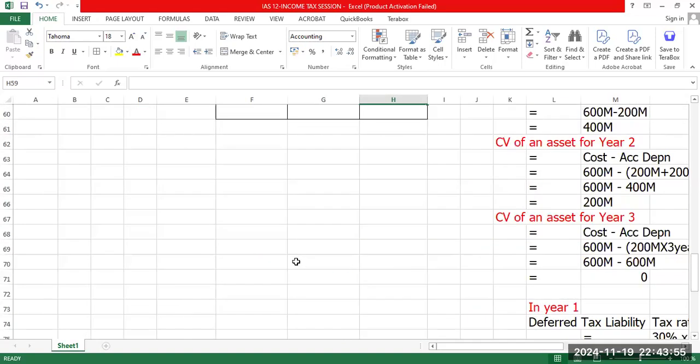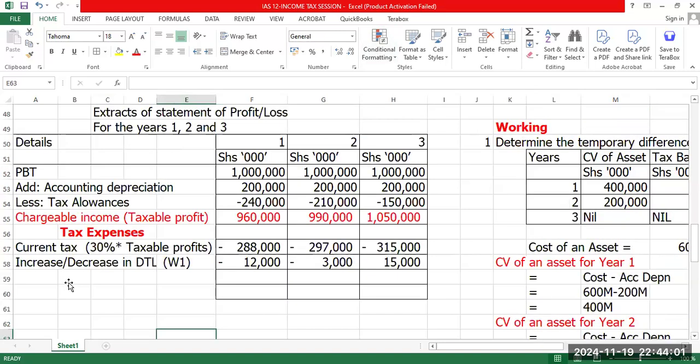Simply what you're left with is to just get the profit after tax, by getting your taxable profit minus